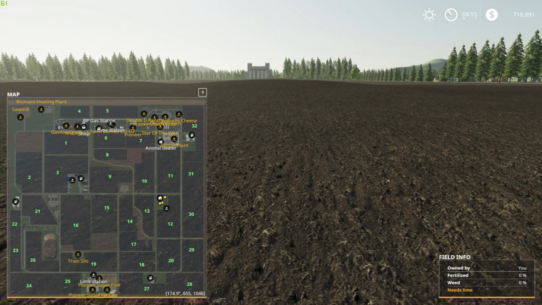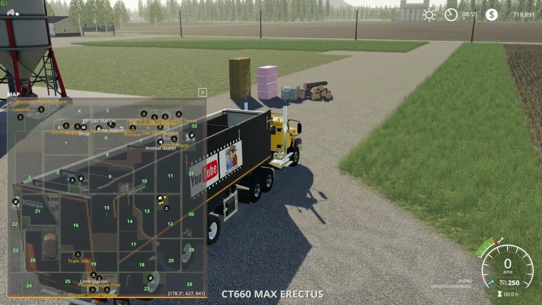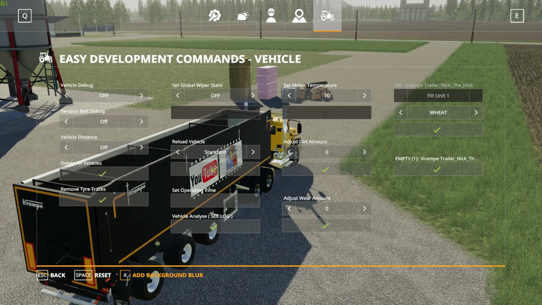Now we'll have to get in a vehicle for most of these to show up. Let's go find our semi again. So let's bring up F11 once more. Go to vehicles. So debug vehicle, tension belts, debug, you can do that. You got your vehicle distance, delete all vehicles, remove tire tracks if you wanted to, set global wiper state, reload